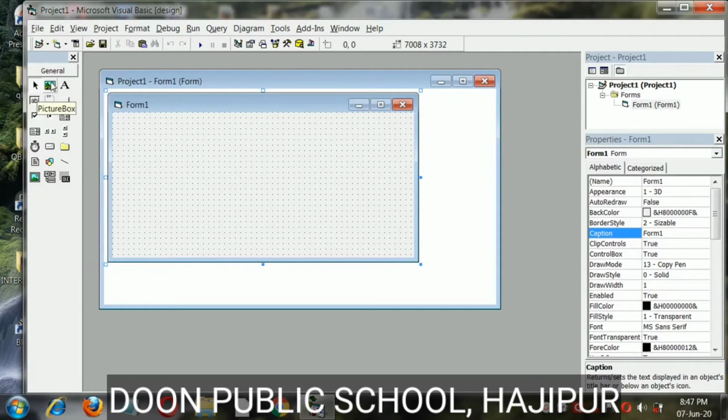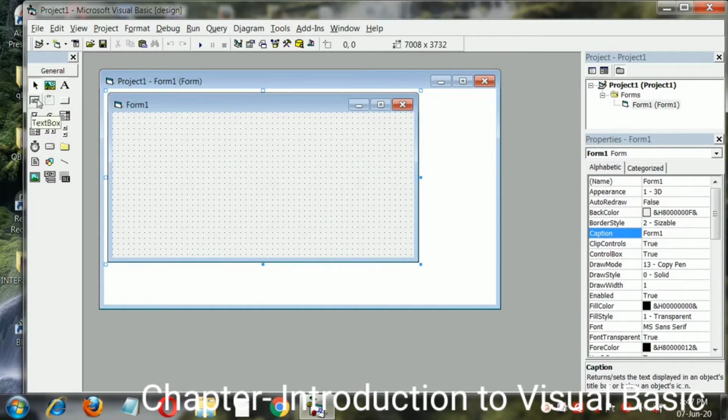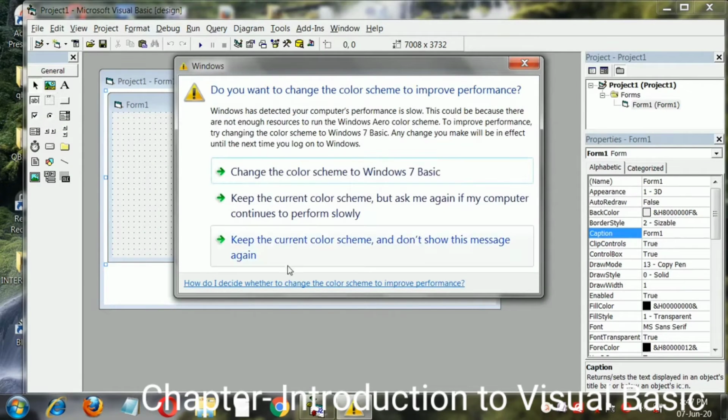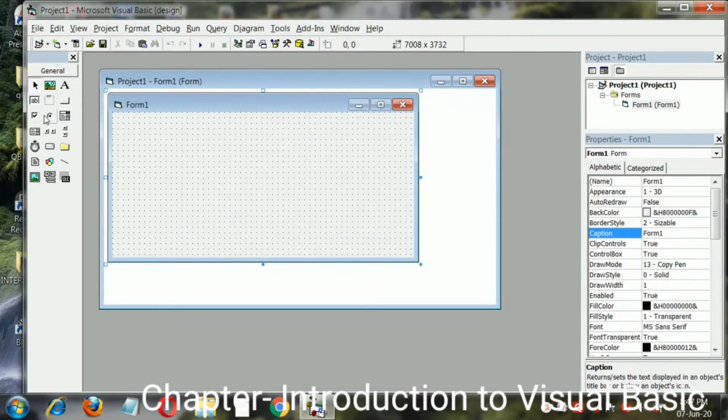Properties window is having different properties of tools present in the toolbox. Have a look at the screen of Visual Basic. At right hand side there is project window in which different forms we can add on, and at below there are the properties of different tools present in the toolbar at the left hand side.